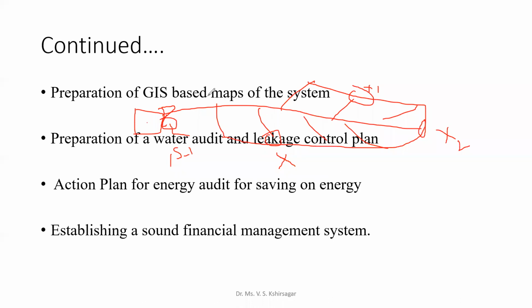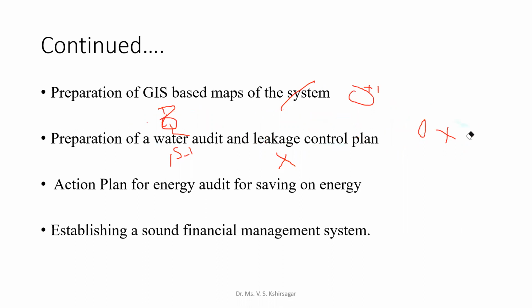And then you can go for finding out, this is known as the water audit. Such specific spots you can select to check randomly, or go for the water audit randomly. Okay, are you getting it? Then water audit and leakage control plan. The leakage control plan must be ready by checking the leakage spots. How to check the leakages, we are going to study further in this chapter itself.